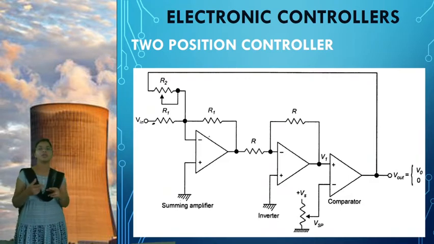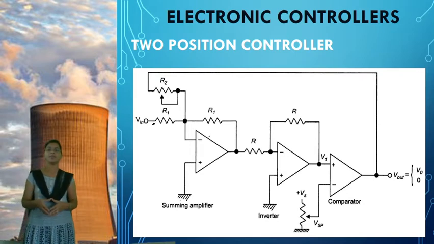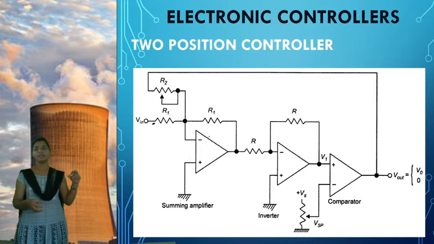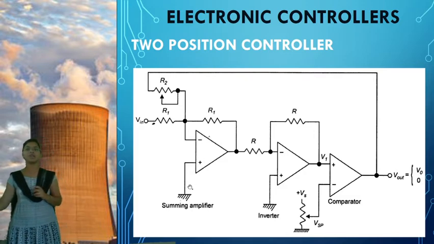I'll give a brief idea about the op amp. The op amp consists of two terminals, the non-inverting terminal and the inverting terminal, which act as inputs. The non-inverting terminal is indicated with the plus sign. Here I am showing the operational amplifier. The plus sign indicates the non-inverting terminal, and the negative sign indicates the inverting terminal. So here this is negative, the inverting terminal, and here this is positive, the non-inverting terminal.